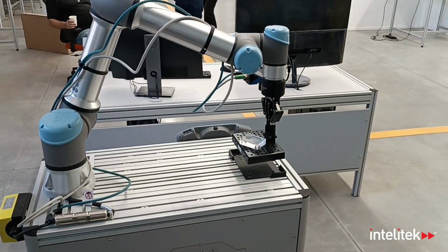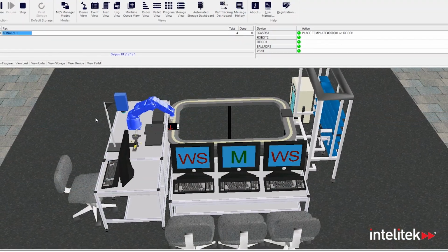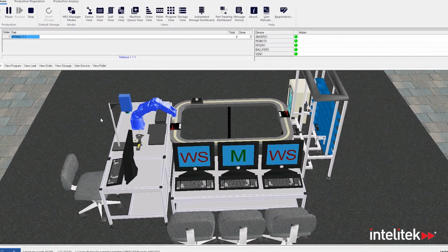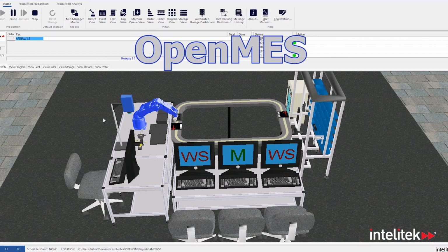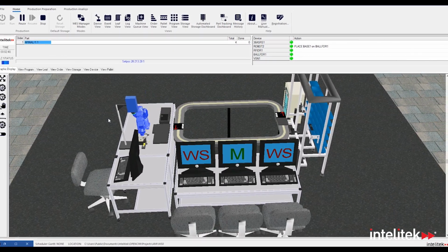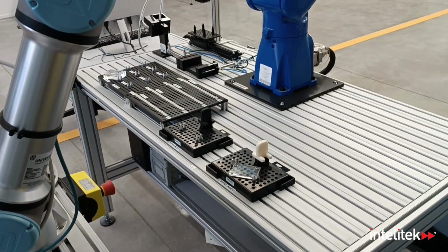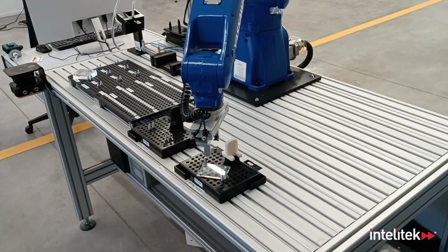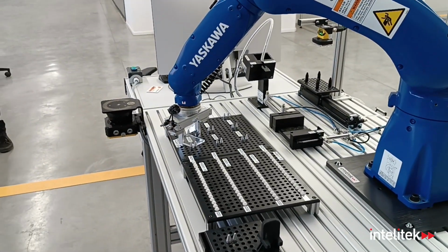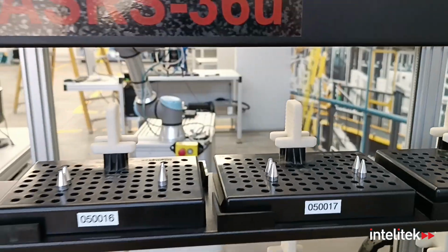This commitment to transparency extends to the entire system, with all data being meticulously recorded by Intelitek's state-of-the-art educational manufacturing execution system, OpenMES. Operated at a central management station, OpenMES controls and exchanges data with all system components via a robust communication network. Use OpenMES to manage inventory, submit and fulfill orders, plan and execute manufacturing processes, analyze performance, generate